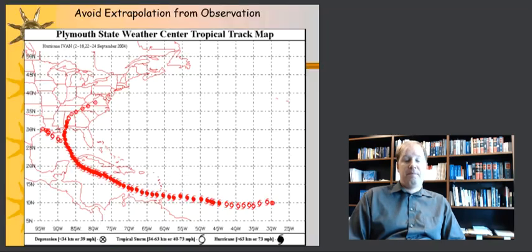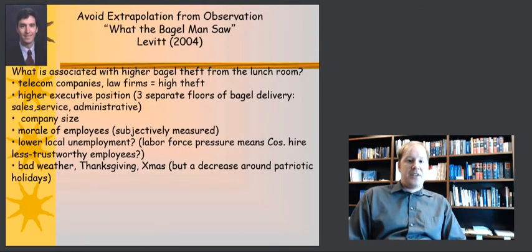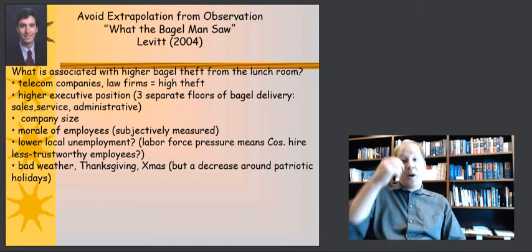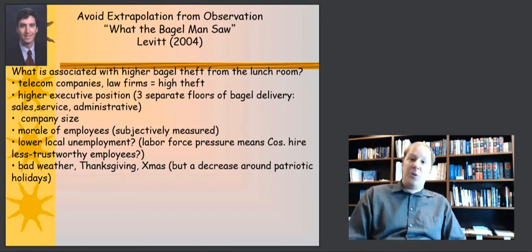Okay. Finally, I want to make a few brief comments about, just as we had that caveat that for experimental studies we should avoid extrapolation from certain circumstances to others, such as animal studies predicting for humans, we need to avoid extrapolation in observational studies too. A nice example of this comes from Steve Levitt, the Freakonomics author, who has a lot of observational work that he does in economics. One example is where he did a study looking at a bagel man who would deliver